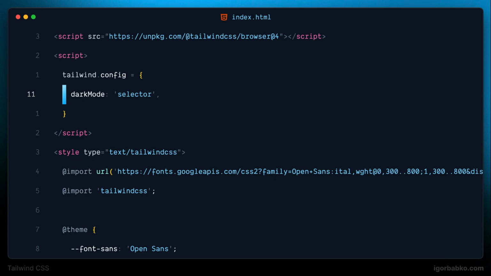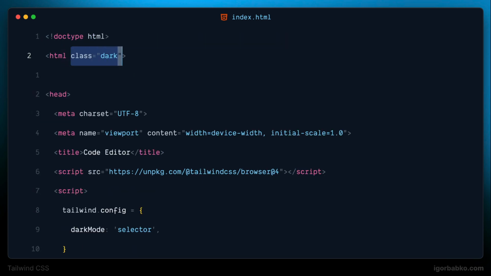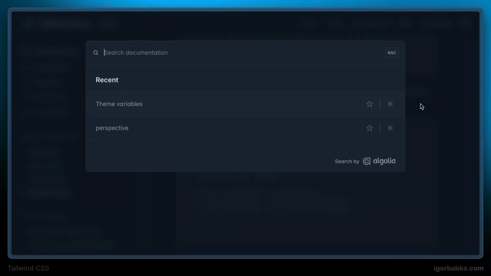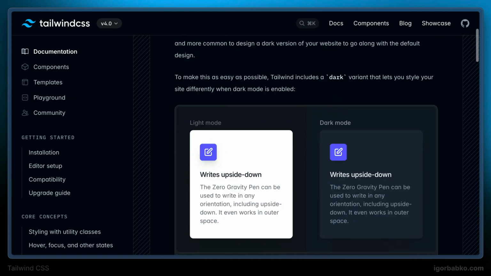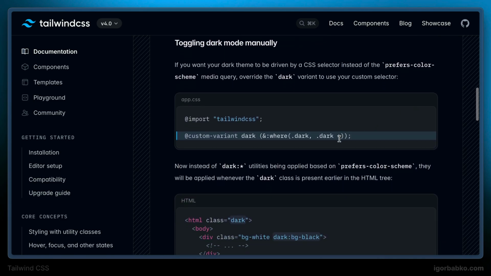So this configuration changes strategy on how the dark mode has to be applied to our page. We're using manual strategy, which means the dark mode will be applied only when we explicitly add a class with the name of dark on one of our texts. And to specify the same strategy in Tailwind CSS 4, we have to add the following line in our CSS